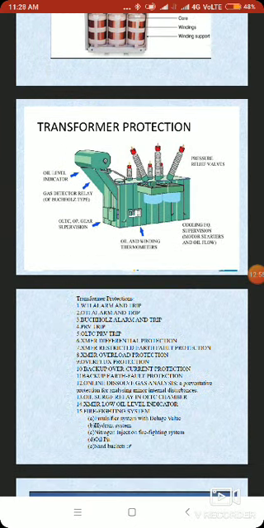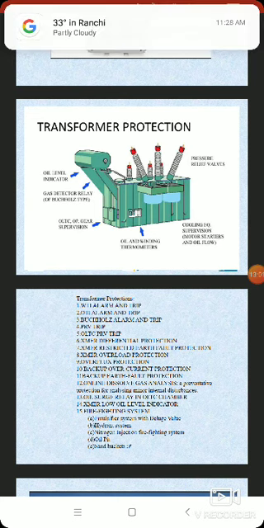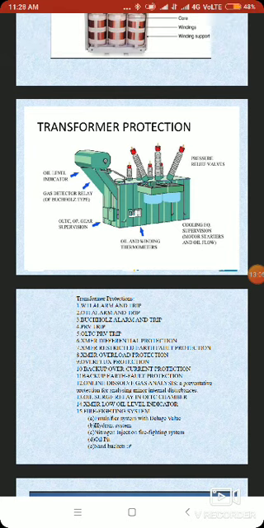So basically, now we come to the important part, that is the transformer protections. What are the transformer protections? That is the WTI alarm and trip, OTI alarm and trip, and the Buchholz relay, which is a gas detector relay. The main purpose of this Buchholz relay is that whatever gas is accumulated is released. But in case gases are accumulated frequently, then we have got two floats in that, the top and the bottom.